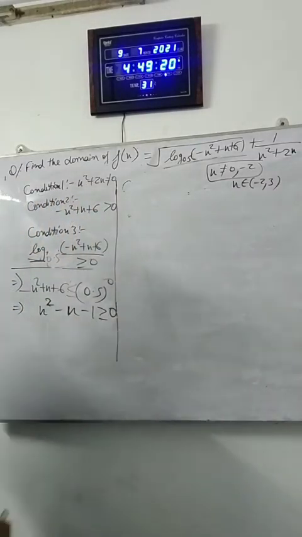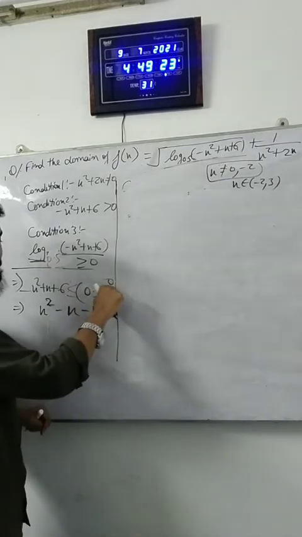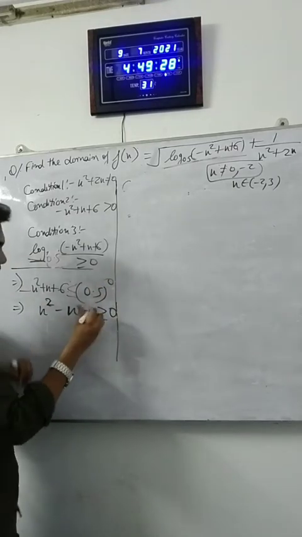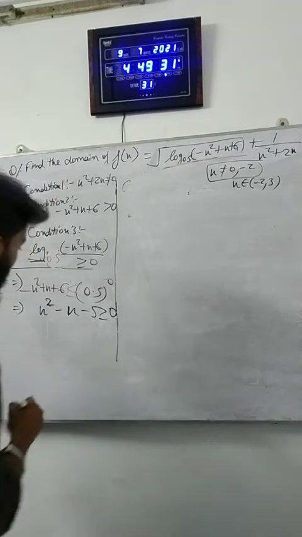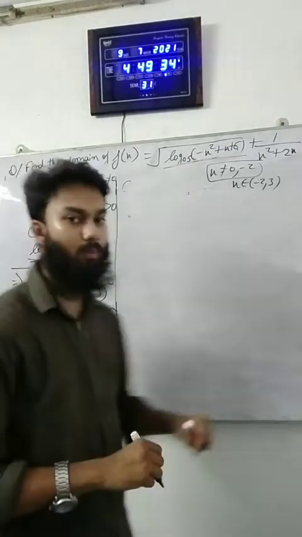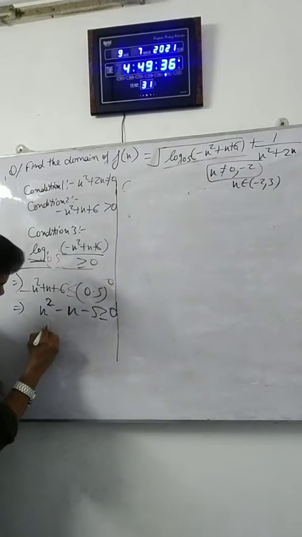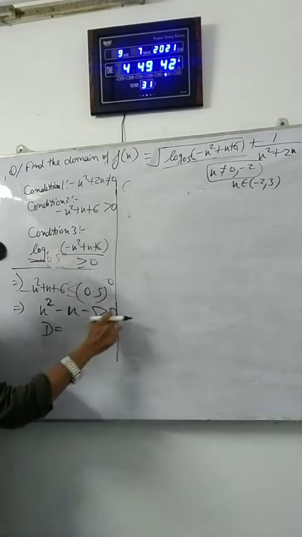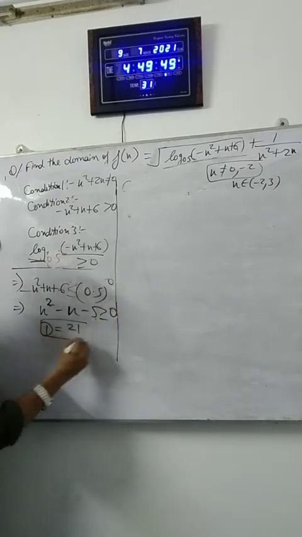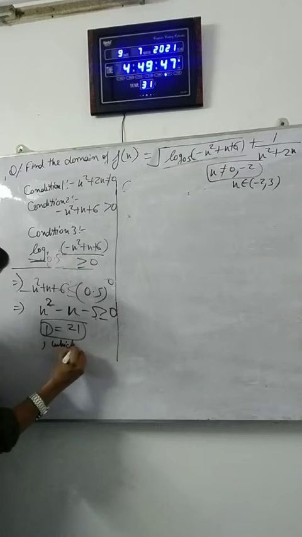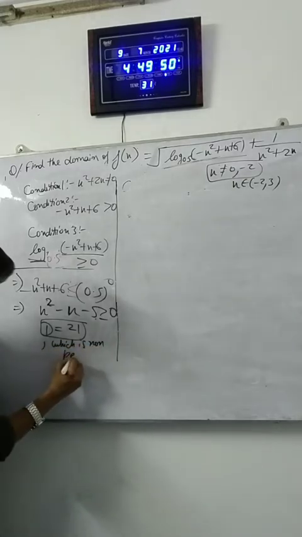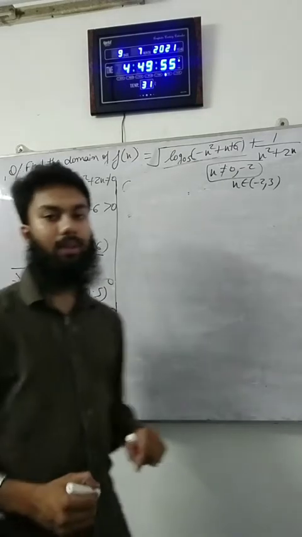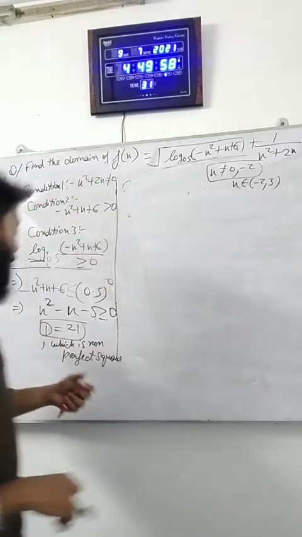And how come minus 1 has come here? Because 0.5 raised to the power 0 becomes 1, and 1 minus 6 becomes minus 5. Sorry, it will be minus 5. Now I will have to solve this quadratic inequation, but the discriminant of this quadratic equation is going to come 21, which is a non-perfect square. So that means I am not going to get the rational roots.